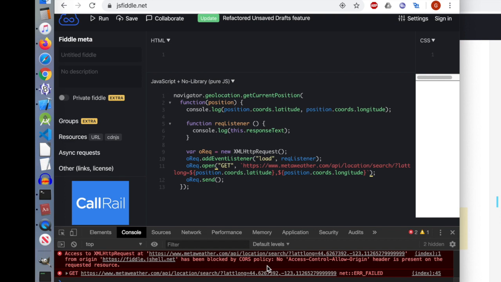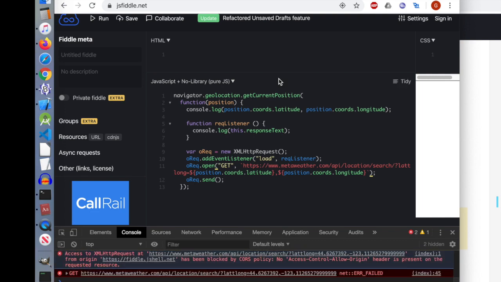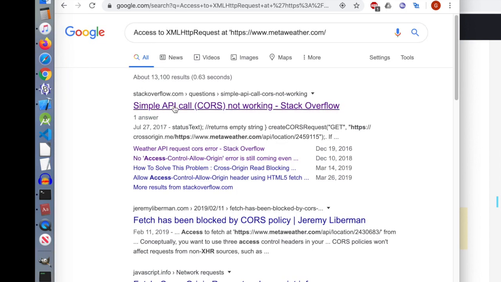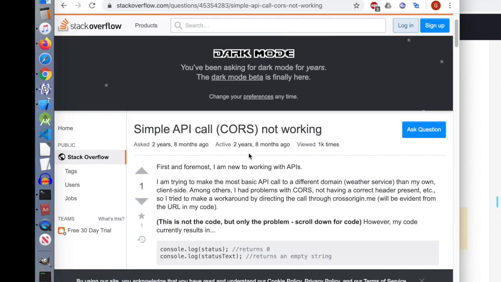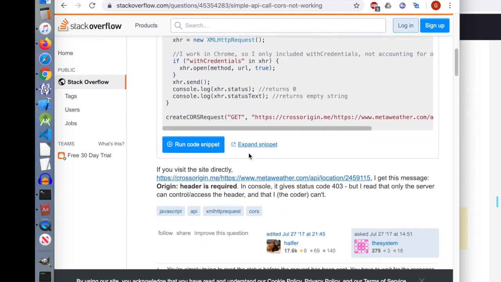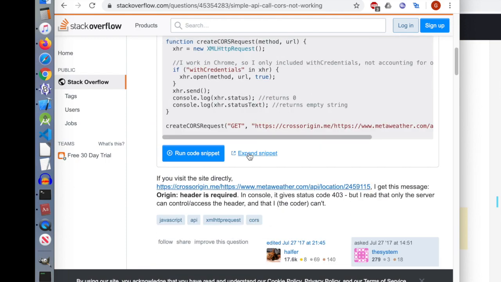Now, in a better world, maybe this wouldn't be a problem. What I did, and this is a little bit ugly, was I copied the very beginning of this error, and that brought me to this Stack Overflow question where essentially the same thing is going on, and the person's response,